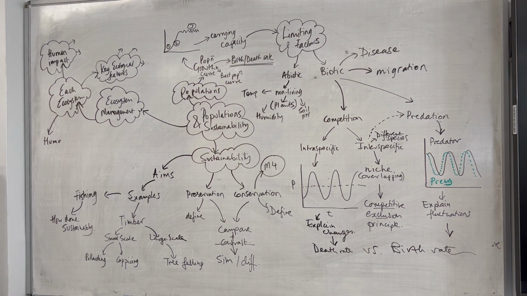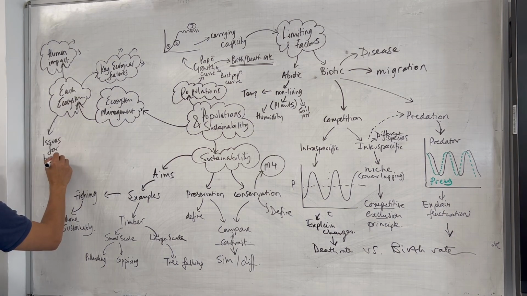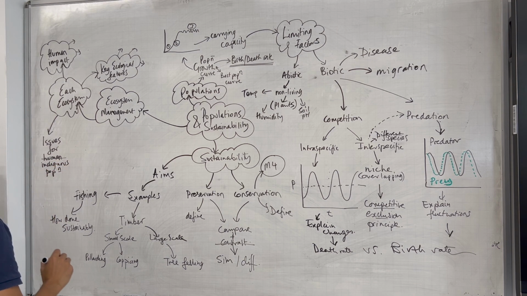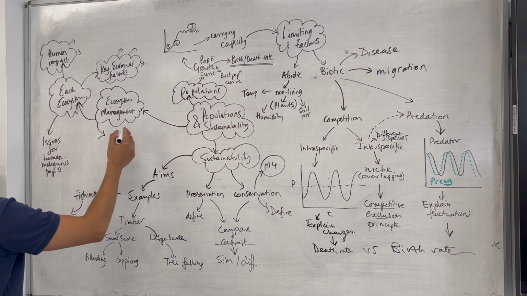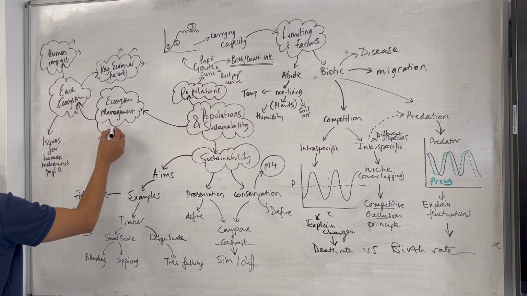What are the issues for the indigenous population? Finally, for each ecosystem, know some examples